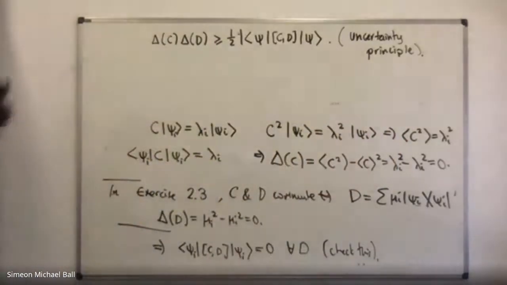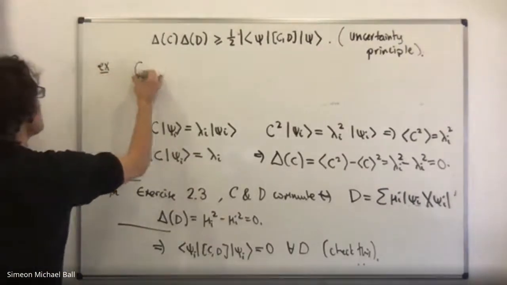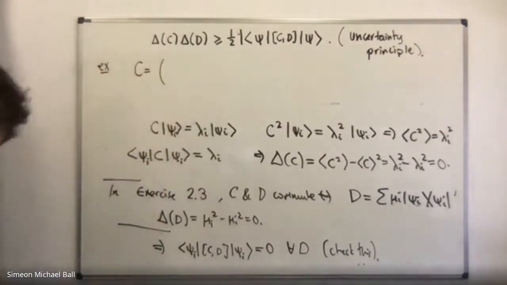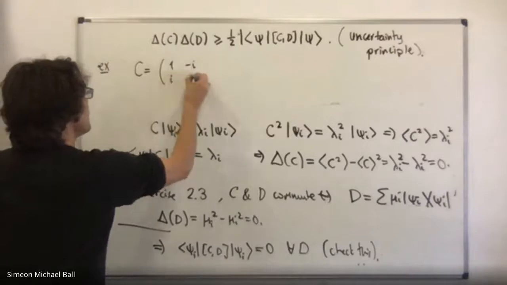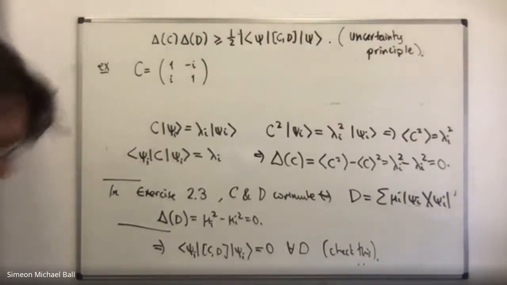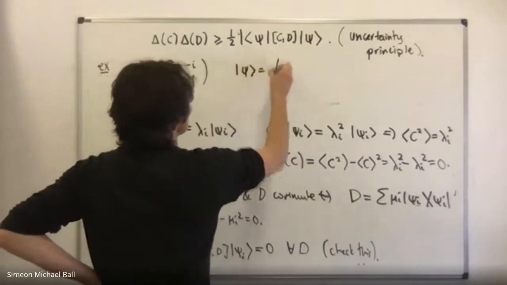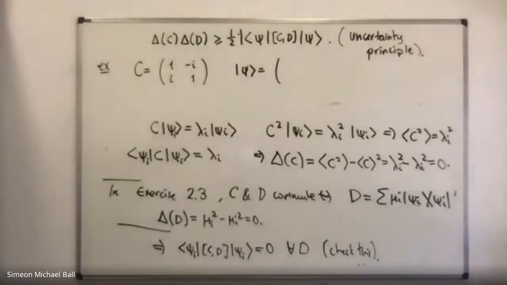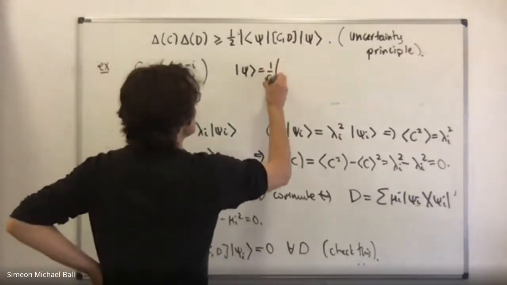I'm going to try this Hermitian operator, and I'm going to write it as a matrix just because it's a little bit easier to do the matrix multiplications, and our ket, which I'm just going to write as a column vector for the purposes of this, is going to be